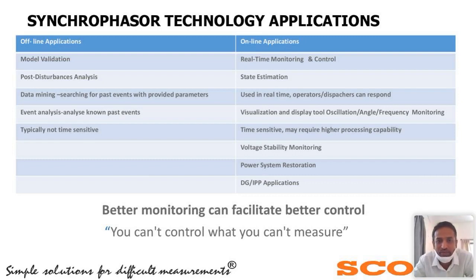Operation and dispatch can respond in real time. It's completely real time. The operator or the software will immediately respond to the events. It will immediately disconnect if any disturbance happens on the network. It will see exactly where the disturbance is happening, which network, which feeder is giving this disturbance to the system, and it will disconnect that feeder for that particular time in real time. So these are all the advantages of online applications.